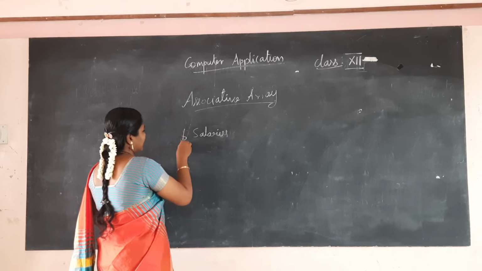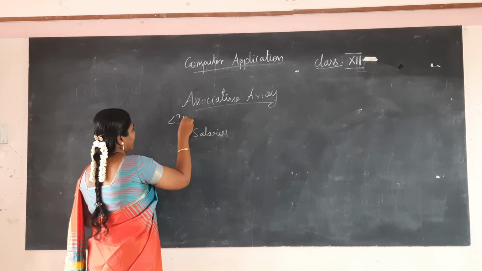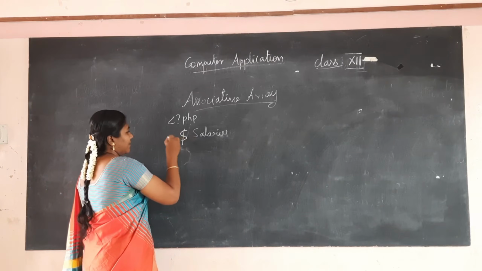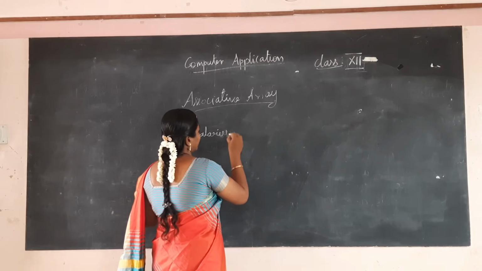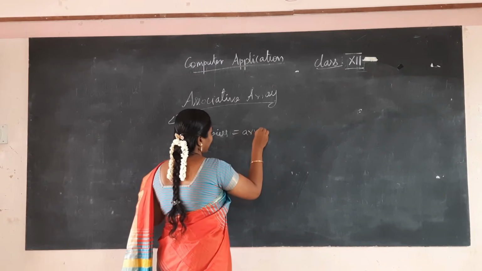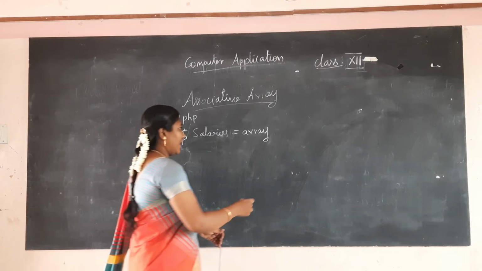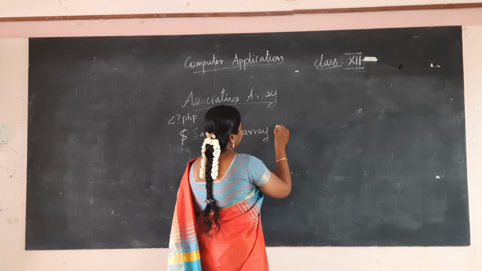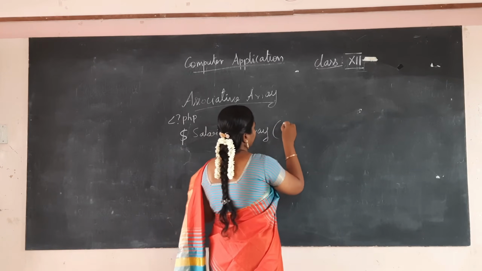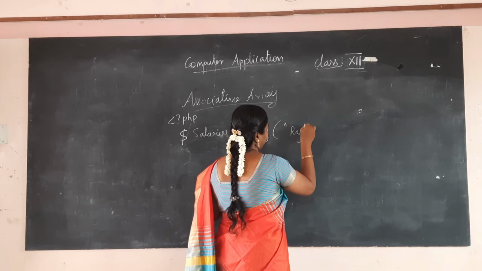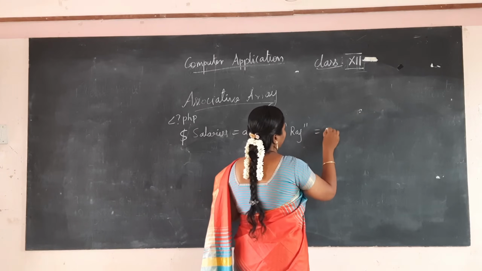So dollar salaries, let us write a PHP program. Open with question mark PHP. The variable is dollar salaries; the variable name is salaries. I am going to create an associative array, so array, and then in brackets, within double quotes, I give a name: Raj is equal to